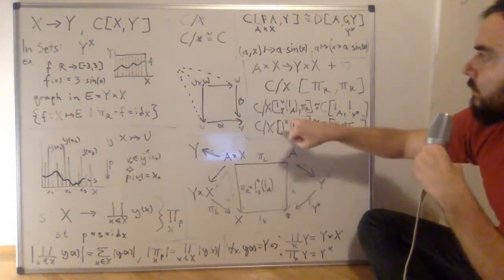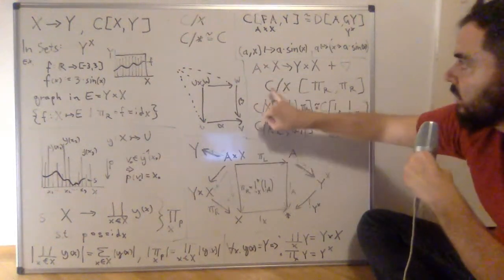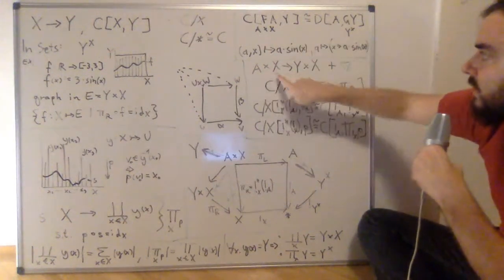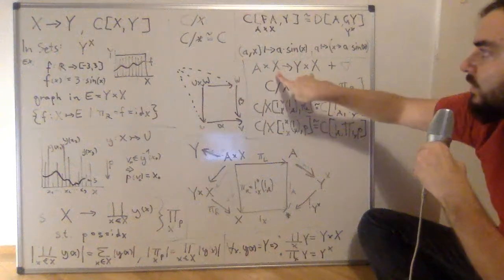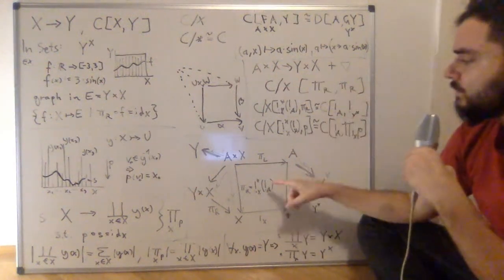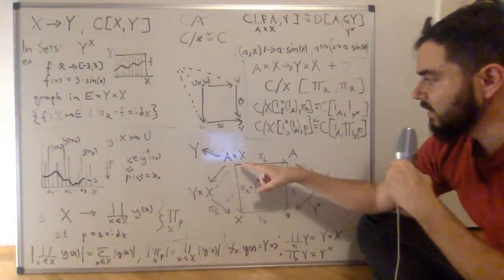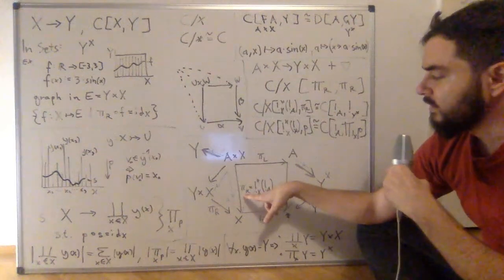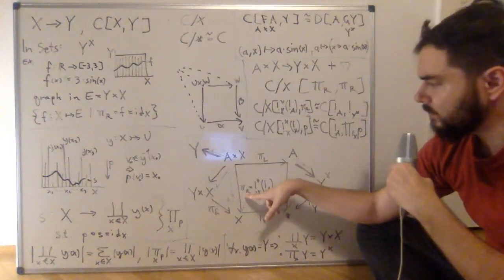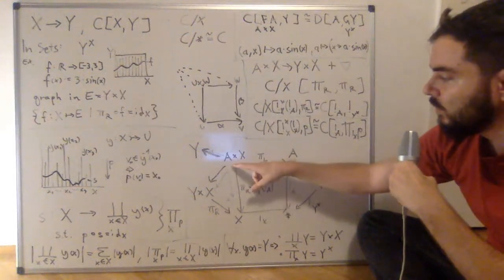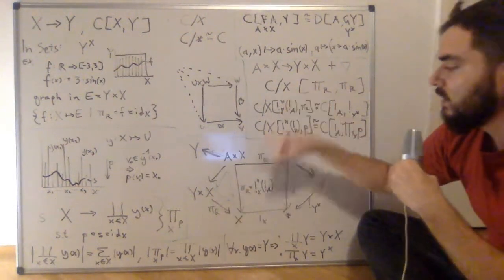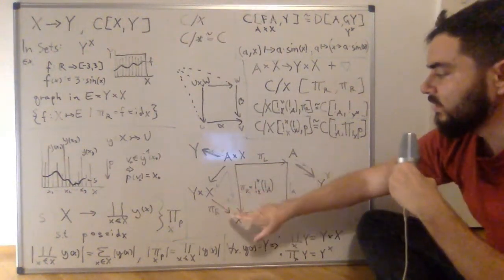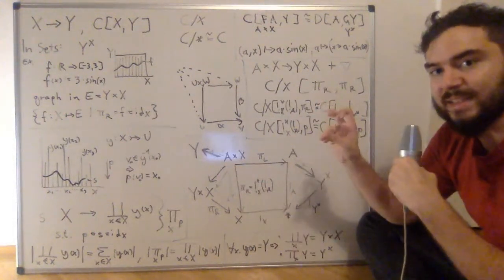So AX is here. What we want is that we will take this space of functions from AX to YX, but we demand that the second component is actually fixed. And in terms of projections, that means that if you go from AX down to X over this right projection, and if you go from here to this codomain space and then project out, then you have the same thing coming out here. Basically the second component, in terms of sets,